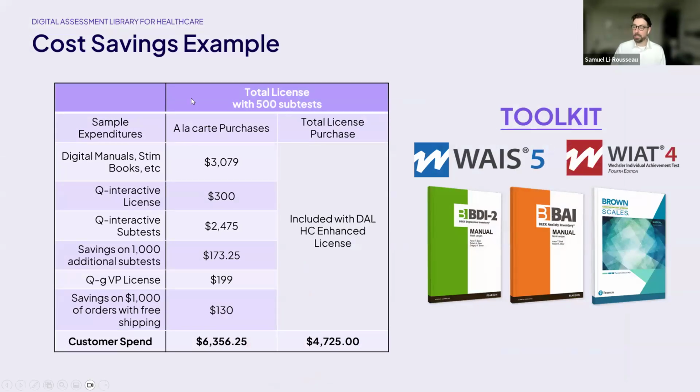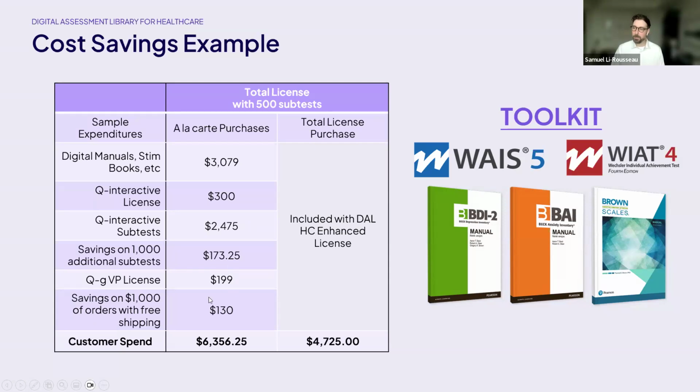So I've looked at the numbers, and if I add all of the materials that I would need in order to access the manuals and the stimulus books, I would be spending $3,079. My QNeractive license would be $300. My QNeractive subtest would equate to $2,475. My savings on 1,000 additional subtests would be approximately